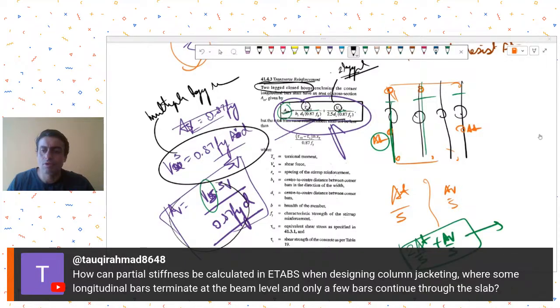So reinforcements, I don't know. First of all, the stiffness you want to calculate is for the column or for the beam column junction, I mean, at what location you want to calculate the stiffness. I'm not very sure with your question. But understand that reinforcements do not contribute a lot to the stiffness overall. So it's going to be the cross sectional area that is going to affect your stiffness